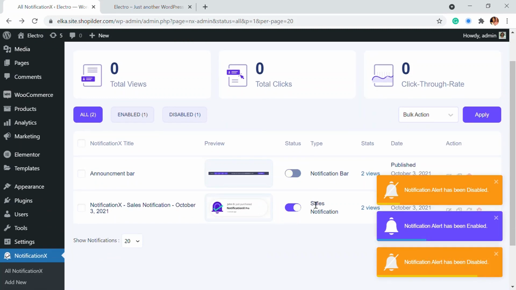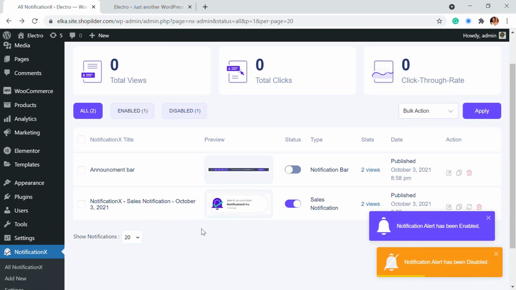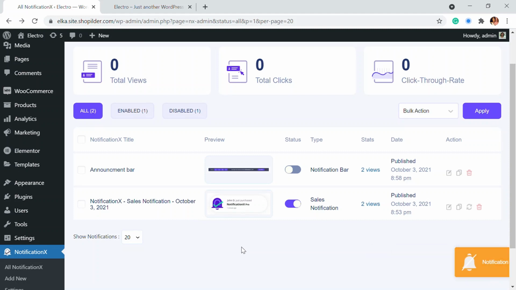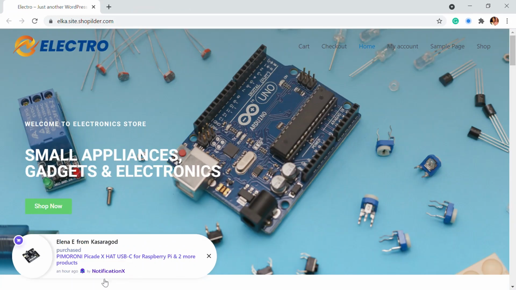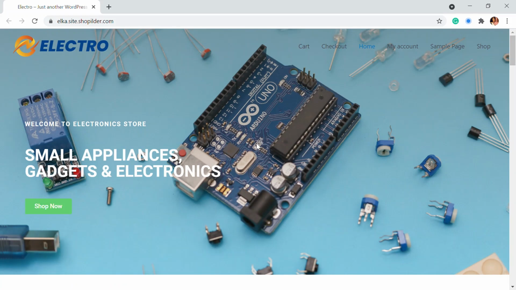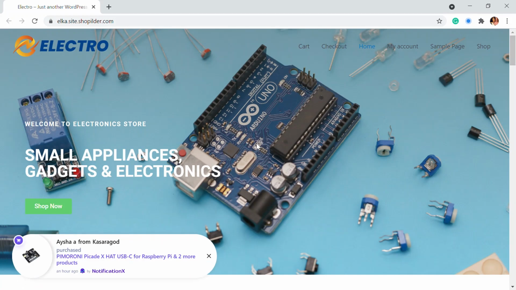And if you want to add any more reviews or any other comments, anything like that, you can always add another one. That's how you can create a notification like this for your customers, and an announcement bar for your visitors to show them that there's a sale, or a product that's been selling out fast, and make them buy that product as soon as possible.